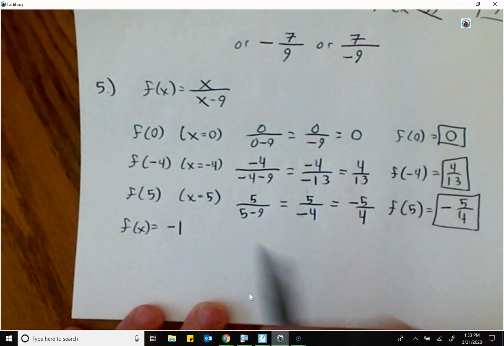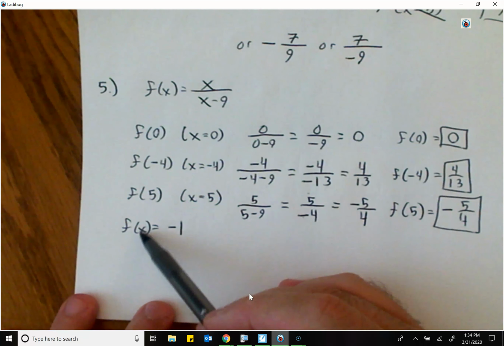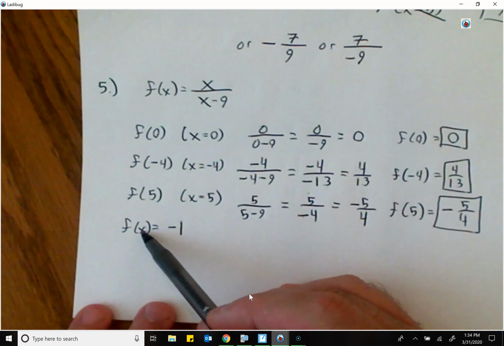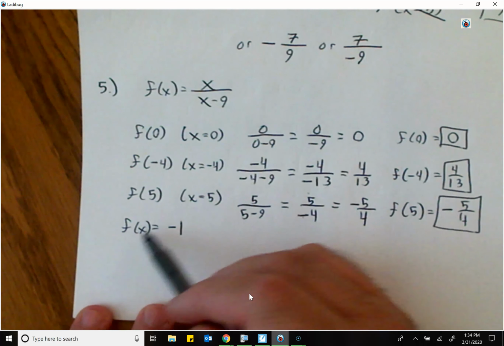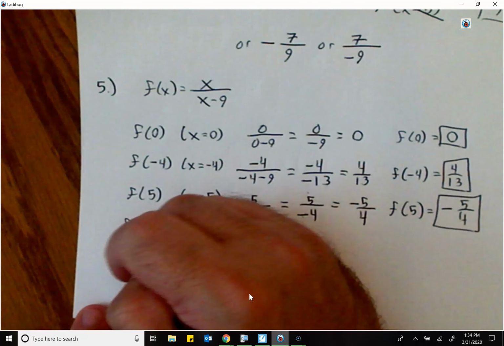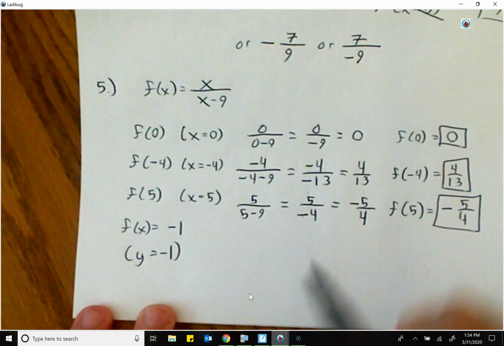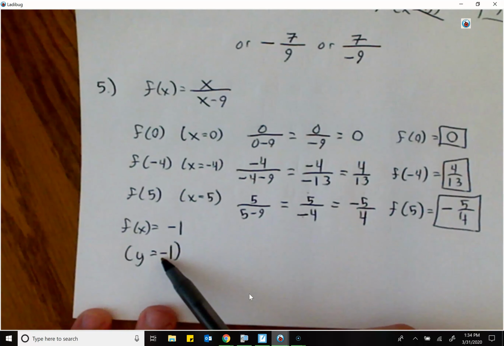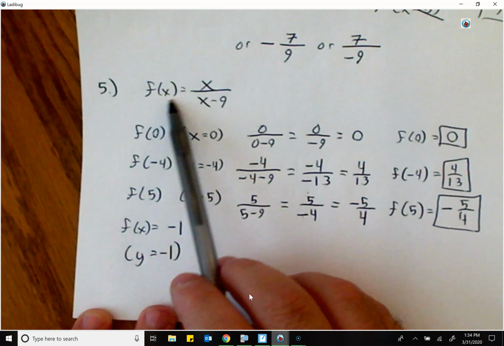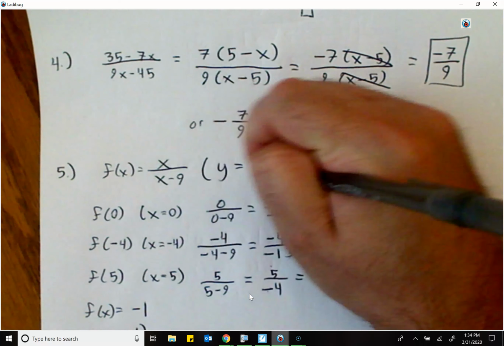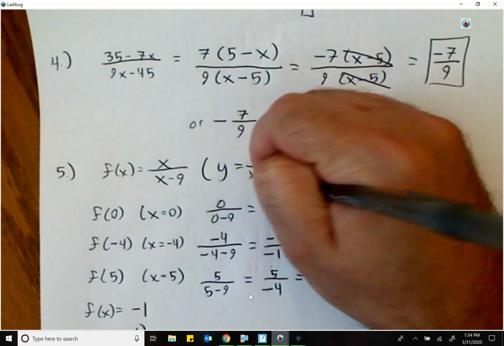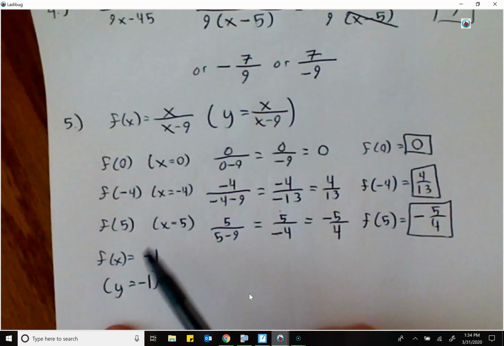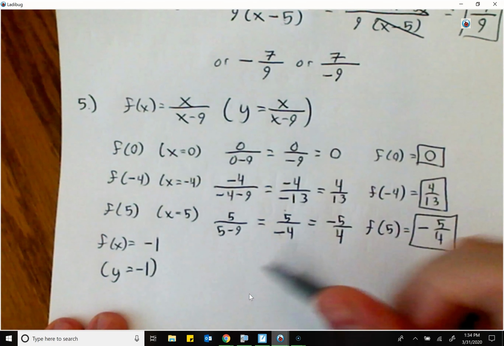And last but not least, this problem is different. Notice they didn't put the number inside the parenthesis. So what you're getting here, remember that f of x is just a fancy way of saying y equals negative 1. So they're telling you the y value here, and they want you to solve for x. So we're going to take this negative 1 right here, and we're going to put it right here, because remember that f of x is just a fancy way of saying y equals x over x minus 9. So we're going to take that negative 1, plug it in, and solve